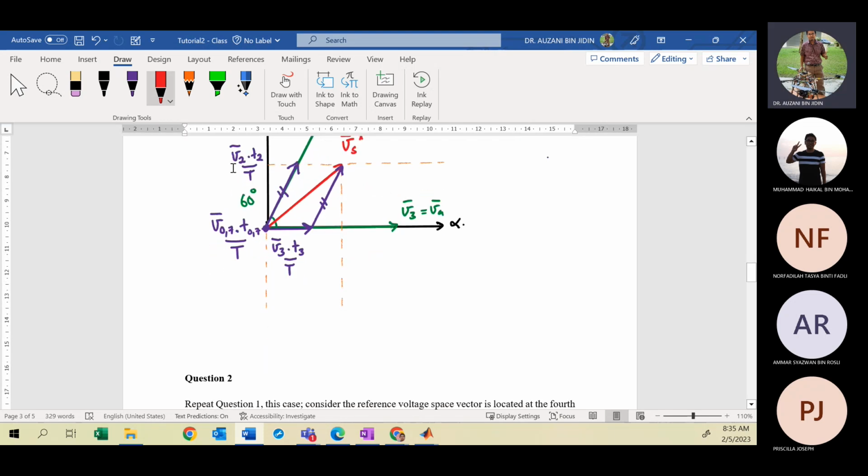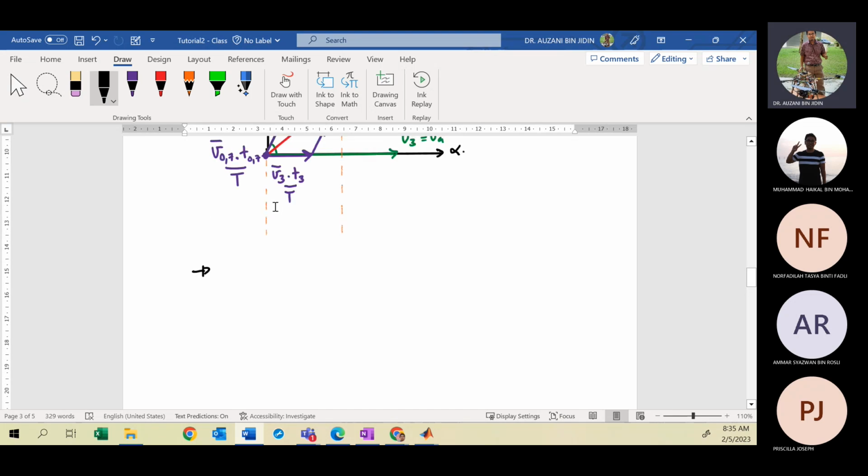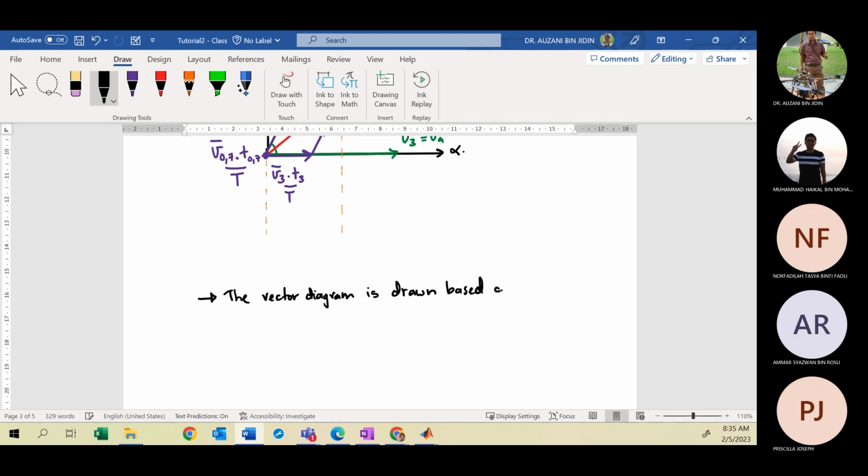So we can state that the vector diagram above is drawn based on the space vector definition or equation as